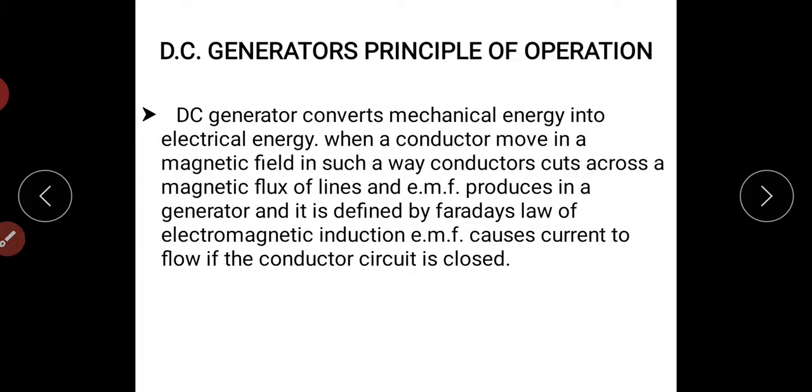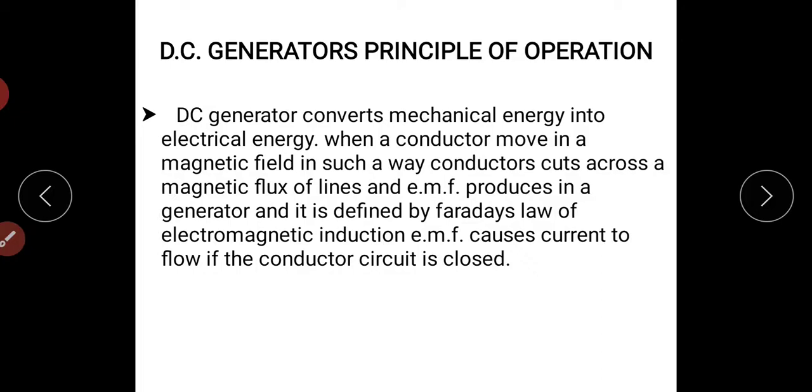According to Faraday's law of electromagnetic induction, whenever there exists a rate of change of flux linkages, an EMF is induced across the conductor. To create a rate of change of flux linkages in case of DC generator, we place a rotating conductor in a constant magnetic field. The conductor cuts the magnetic flux lines, so there exists a rate of change of flux linkages. Finally an EMF is induced across the conductor. If we provide a closed path, the current flows through the conductor.